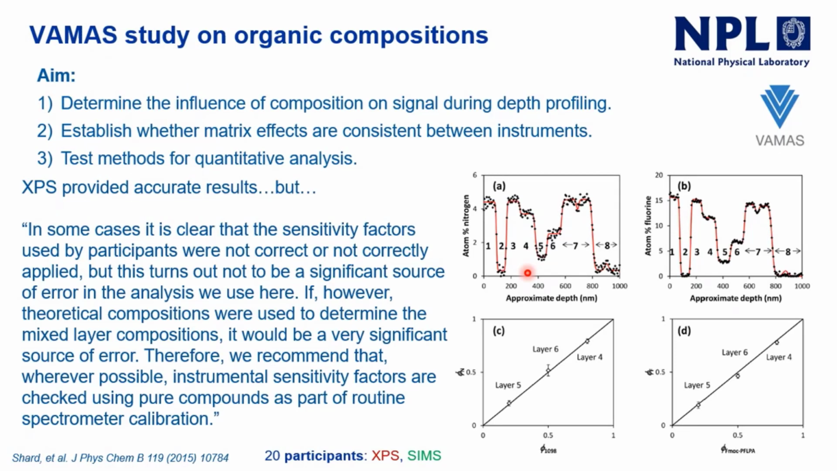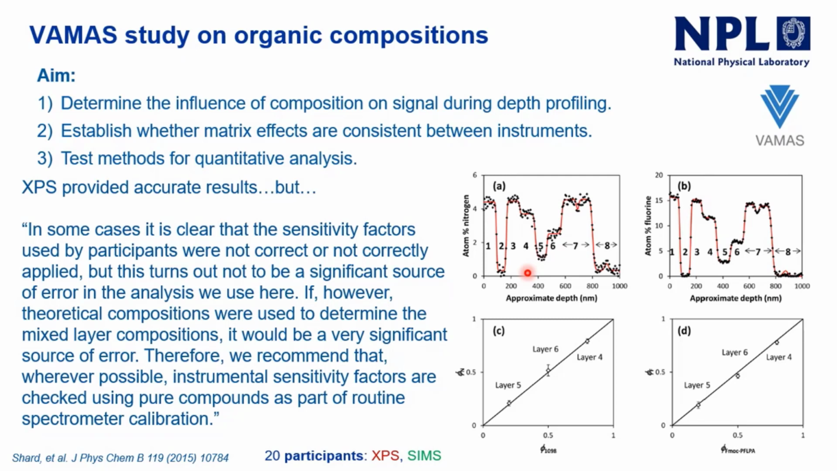Okay, so this is a VAMAS study on organic compositions. Now these are XPS depth profiles through a set of layered systems. There were, I think, 100 and, how many layers were there? 100 and something layers. But actually, it looks like there's 8 layers, but the layers that are 4, 5, and 6 are mixed, and they're mixed by doing sequential evaporations of sub-1 layer amounts of material, so we get the compositions